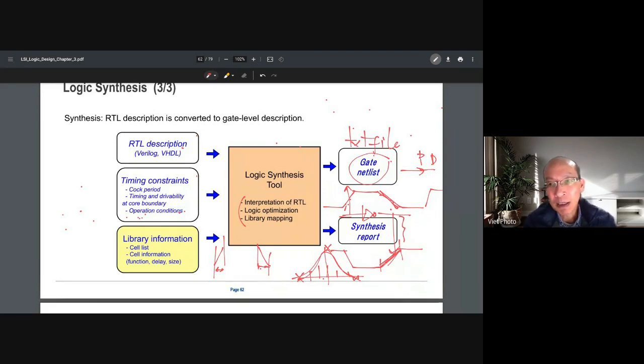Now, when you write the code, there's always a target frequency. The frequency needs to be targeted at a certain number, let's say 1 gigahertz, 2 gigahertz, 500 megahertz, and so on. So the first thing to define is the clock period. That's the first thing. The second thing is the timing and drivability at the core boundary, which is